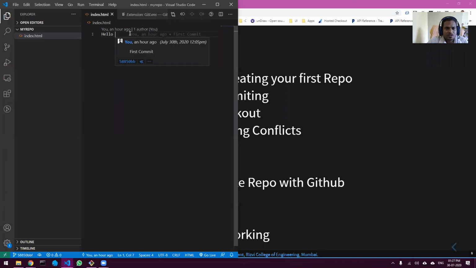It is saying you, an hour ago. Okay, so instead of you means myself. Okay, instead of this, it will show you who has edited this particular line. Okay, so that is where this particular Git comes into picture, where multiple people can edit, and from here you can see who has edited what. And if you are not happy with it, you can always clear it out and change the code. So now then in his code it will reflect again. Okay,